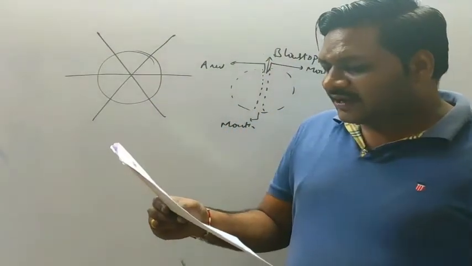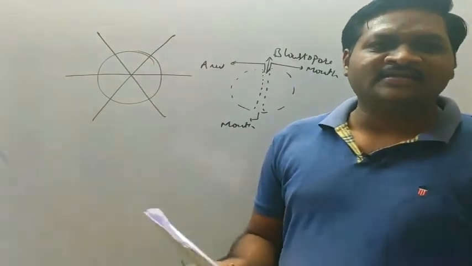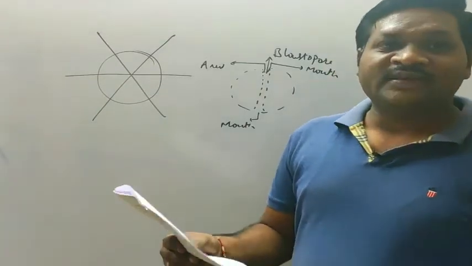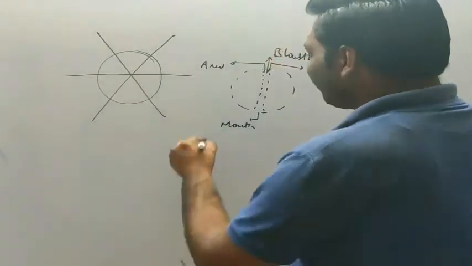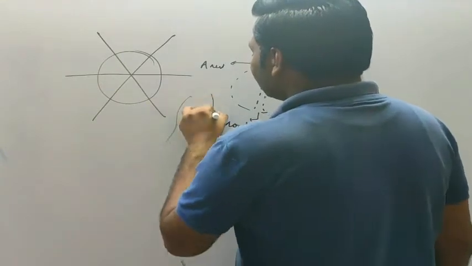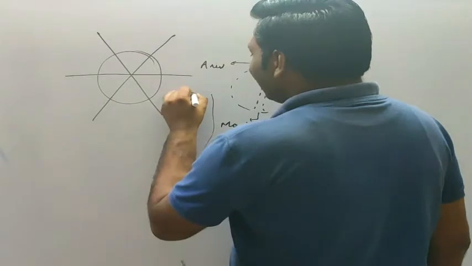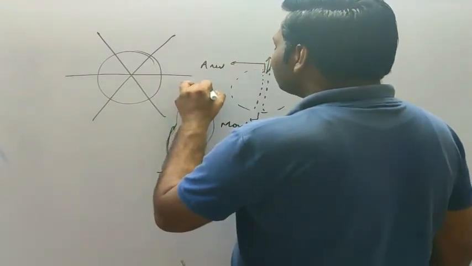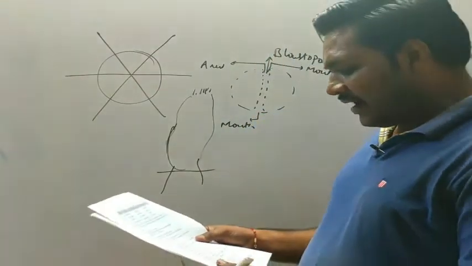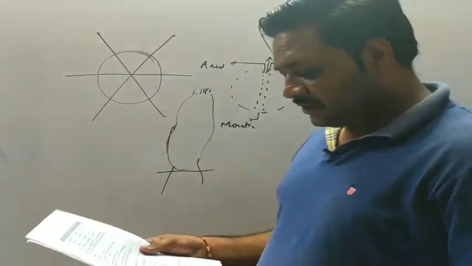The next, respiratory gas exchange. Yes, of course it is associated with respiration, because it is the opening through which gas exchange also takes place. Then removal of waste. In the case of sponges, the body is attached to the substratum, and at the apical region there is an opening called the osculum. This is also a kind of canal system which is responsible for excretion of nitrogenous waste material, right?